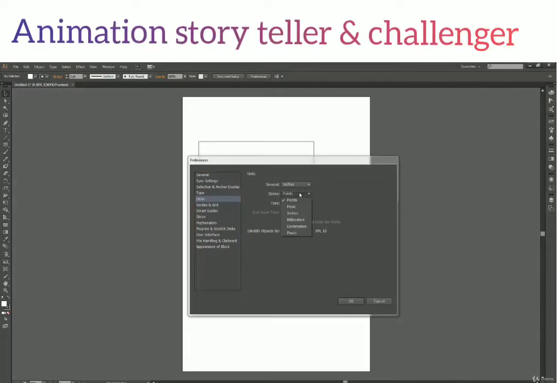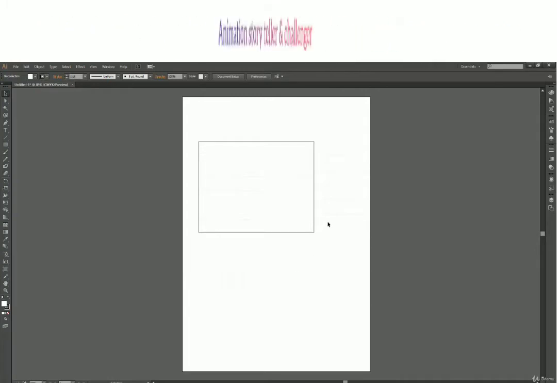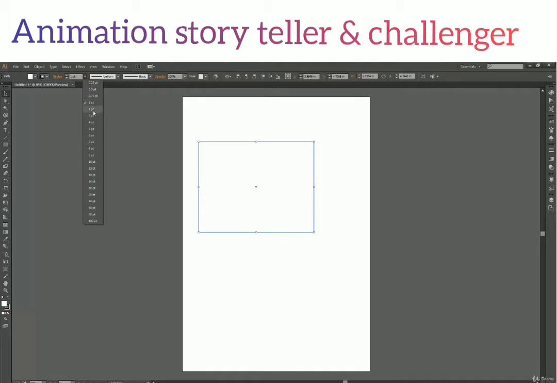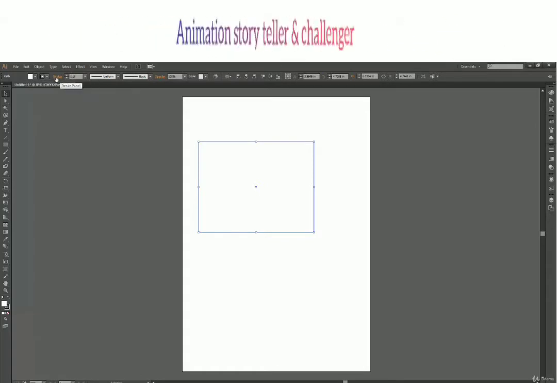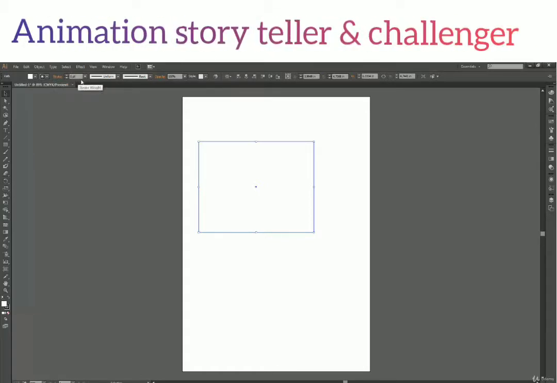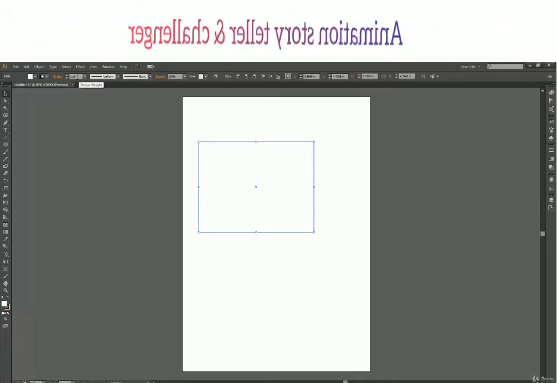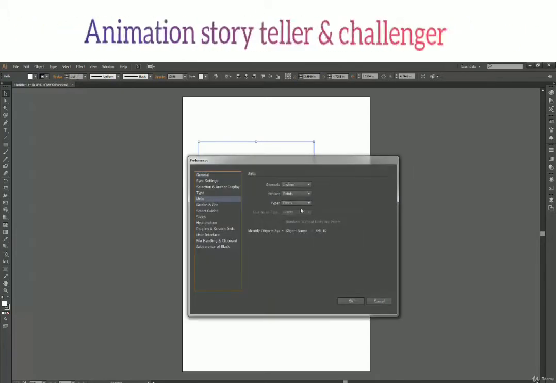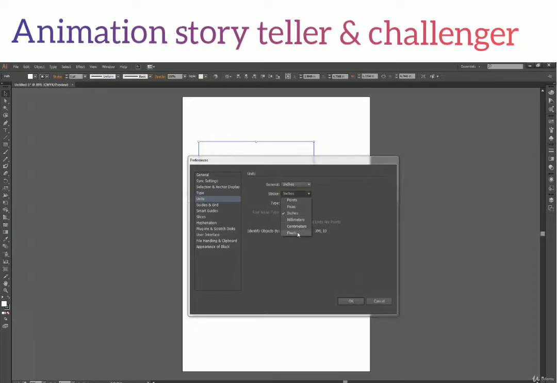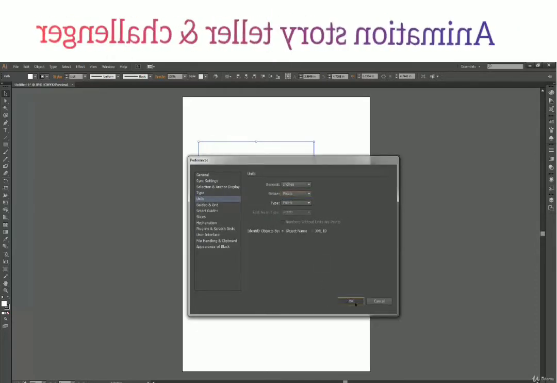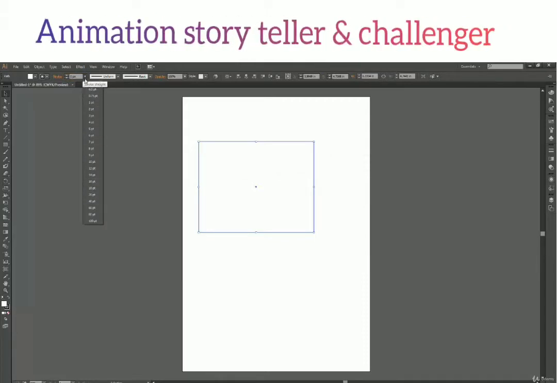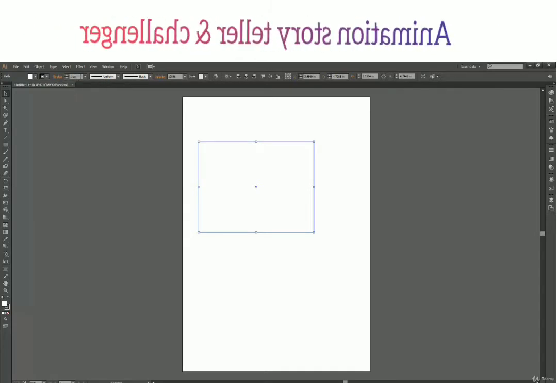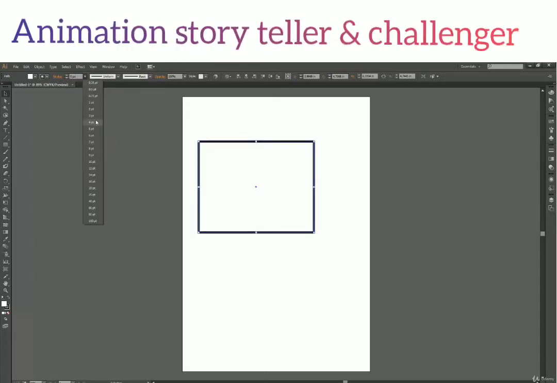So right now the default unit is points. So over here we have 1 point, 2 point, 3 point, 4 point, all these things are in points. So this is actually stroke. It says stroke panel and stroke is 1 point. So we can change this unit. From here, if we go to inches, or let me say pixels again. So it says 1 px now. This hasn't changed. I don't know, maybe it's some kind of bug, but here we can see our value changed.